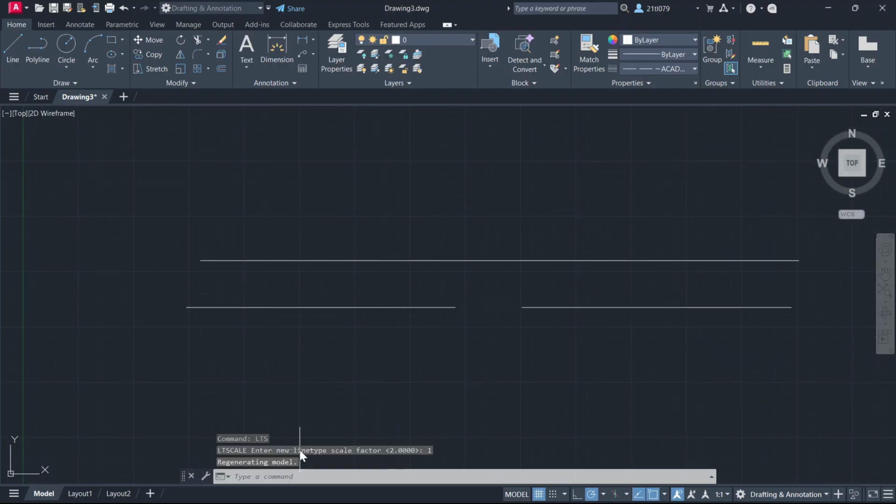Still solid? No problem. Try typing LT scale again, and this time enter a higher value like 10. Now zoom in a little and check your line again. You should start to see the dashes appear. If they look too close together, try a smaller value like 0.5. It's a bit of trial and error, but once you get the right value, your dashed lines will display exactly